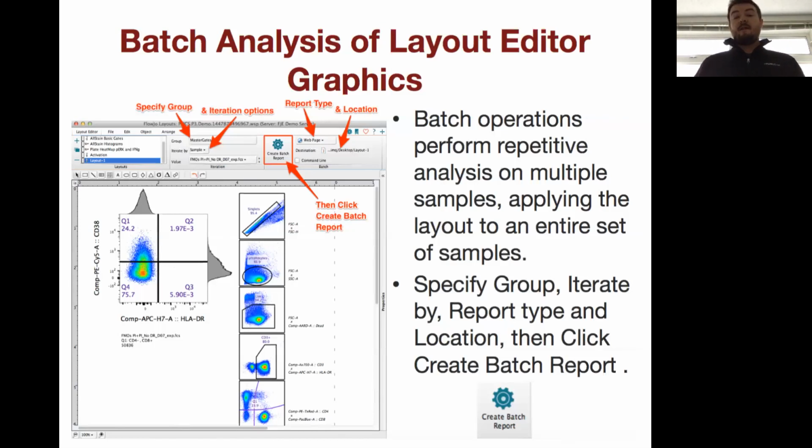Oftentimes, you'll want to batch within FlowJo. In that case, you'll choose batch to display, and that will allow you to preview the batch that you've created before exporting. And you could still export as an HTML if you wanted to bring this in as a web page, for example. Finally, once you have all of those settings adjusted the way you like, you'll just click the